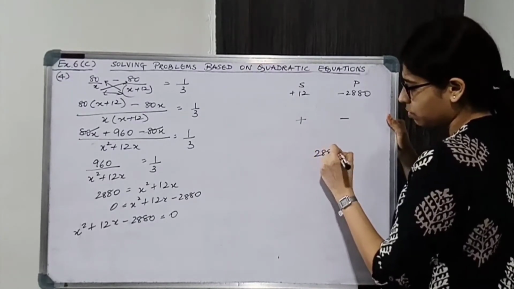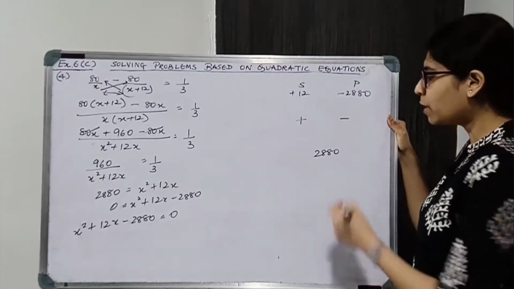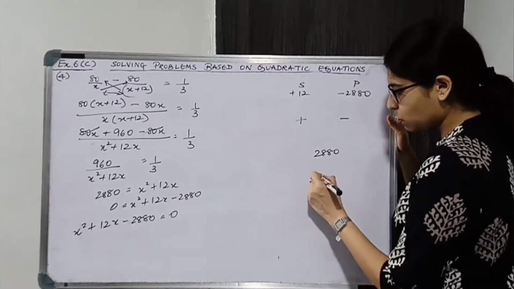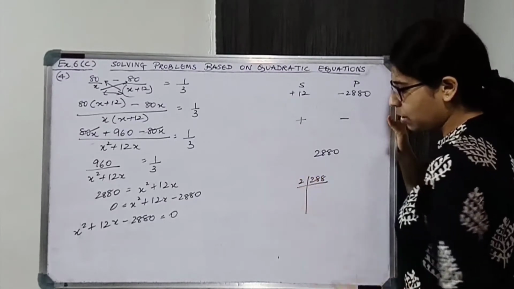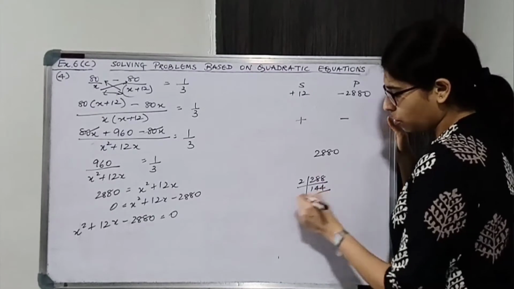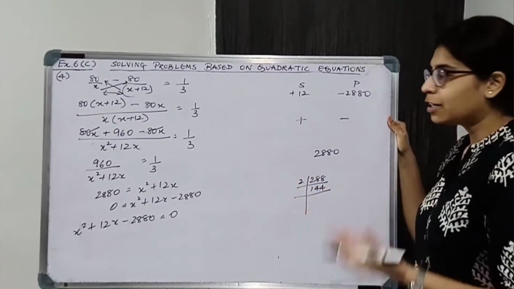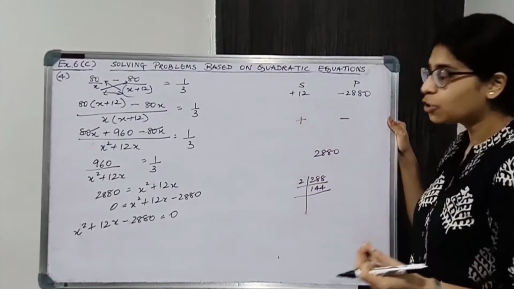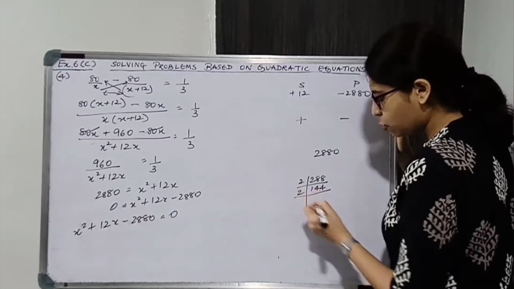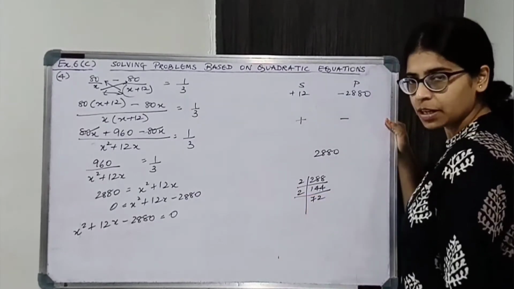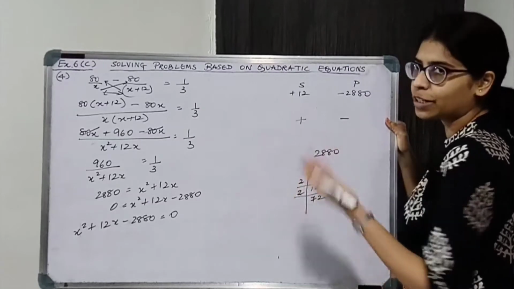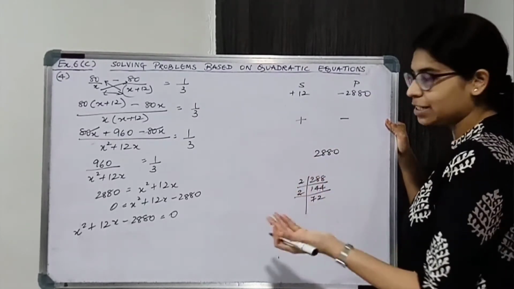Okay. Now 2880 is the number. What you can do is avoid 0 for now. 288 के factors find out करो. Okay. So 288 के factors find out करते हैं. 2 144 are. Okay. So 2 and 144 difference will not give you 12. You will not consider 2. एक 0 बाकी है. So 20 and 144 का difference 12 नहीं देगा. 2 72 are. So 2 2s are 4. Okay. 4 and 72, 4 को हम लोग 40 बना देते हैं, 0 ऐड करना है. 40 and 72 नहीं देगा.